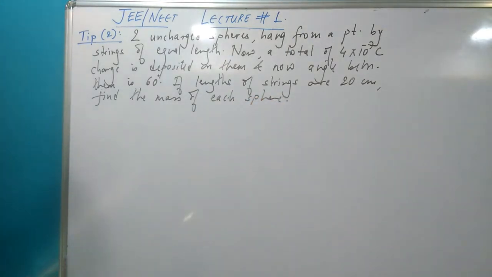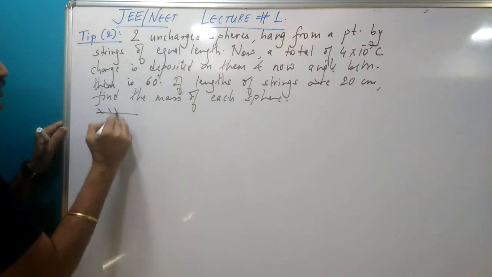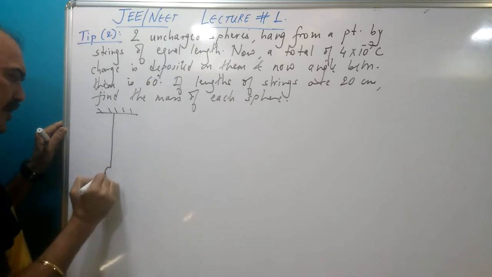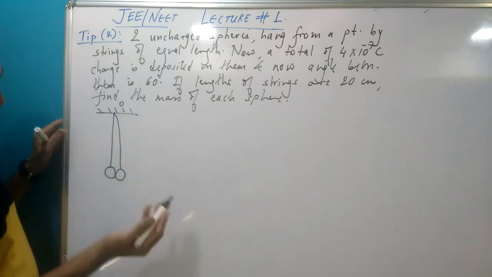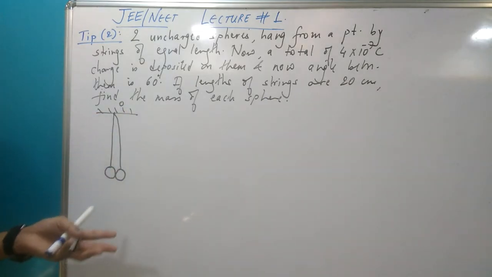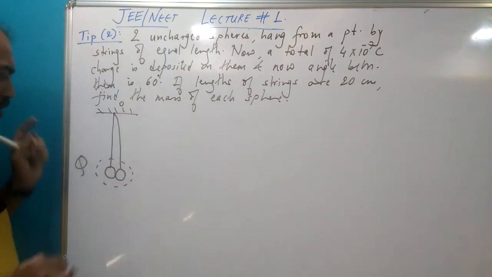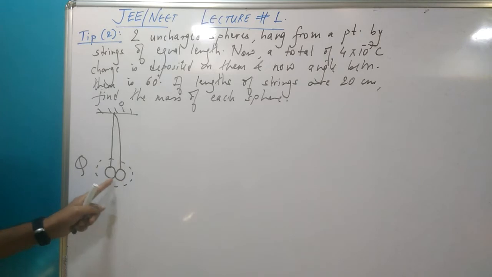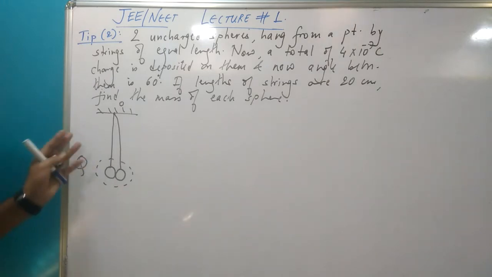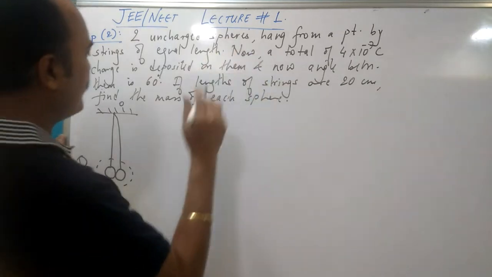Let me break this down for you. What is the initial idea? Okay, the initial idea is I have got two ordinary spheres, which are hanging from a point, and there is no repulsion between them because there is no charge on them. Now, let us say I put Q amount of charge on them. The moment I put charge, you agree this charge will be equally distributed between both these identical spheres. Due to now being charged, they will repel each other. Till there was no charge, there was no repulsion. Now there is charge, so there will be repulsion.